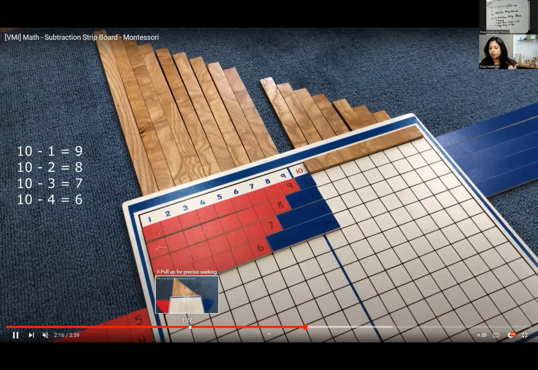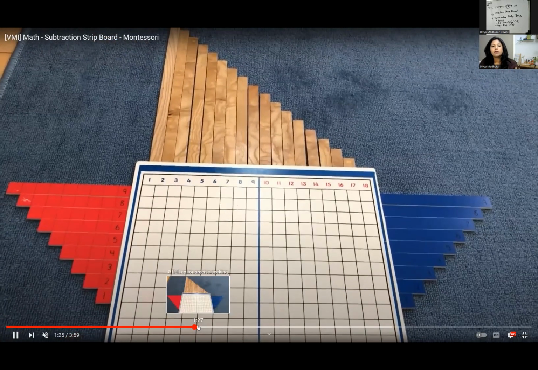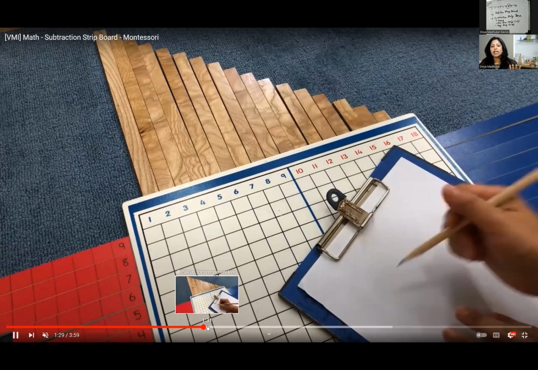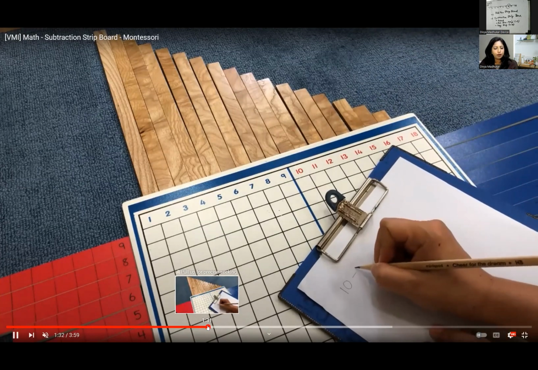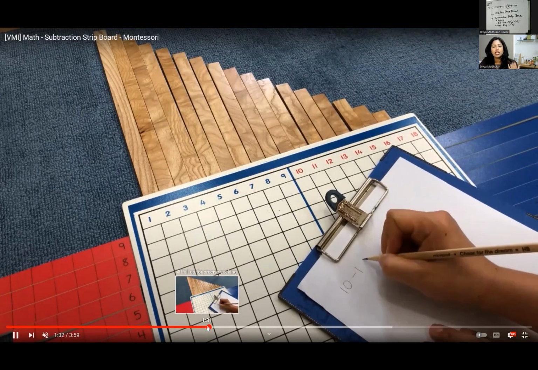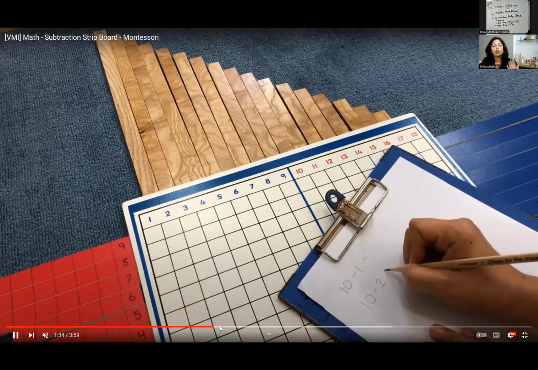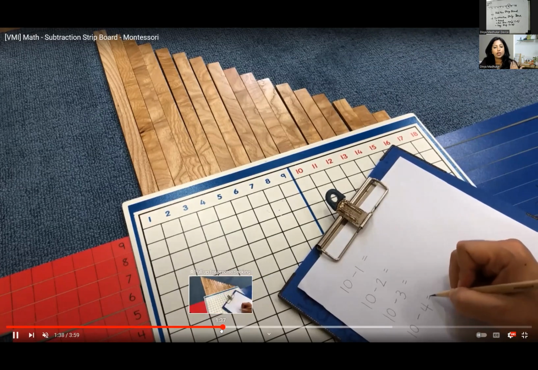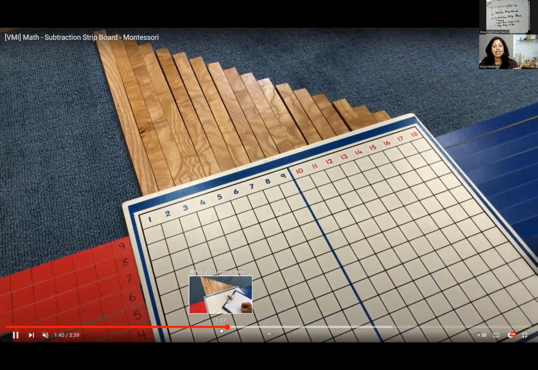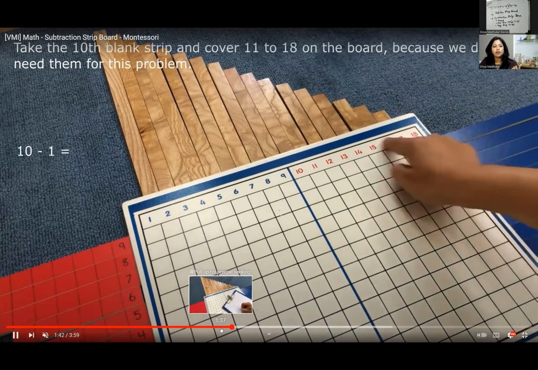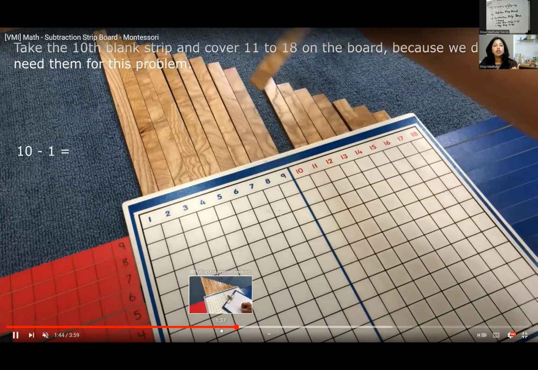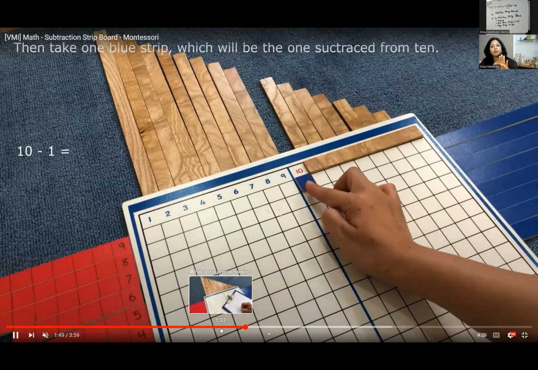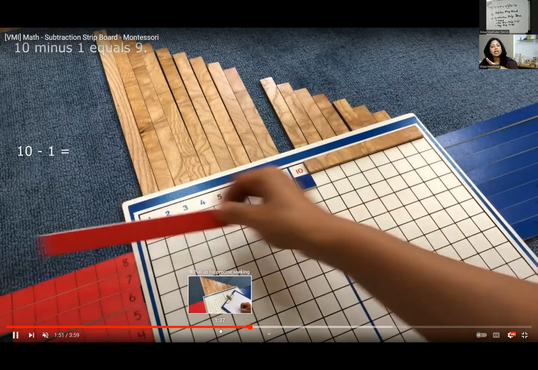So what did we do over here? We took up a problem statement. Our problem statement was to perform a subtraction of table of 10. We wrote the problem statement, or we can print it out and give, or you can have a reference chart for a child to work on. When it says your first number, the first number that you're going to be working on, you have to take a 10th blank strip and you will cover the remaining strips from that.